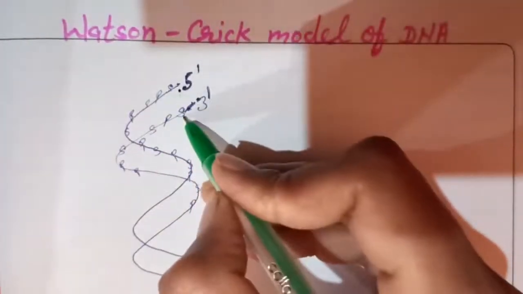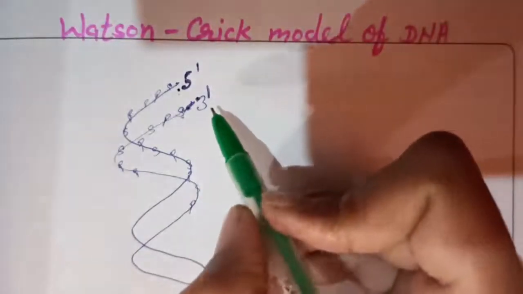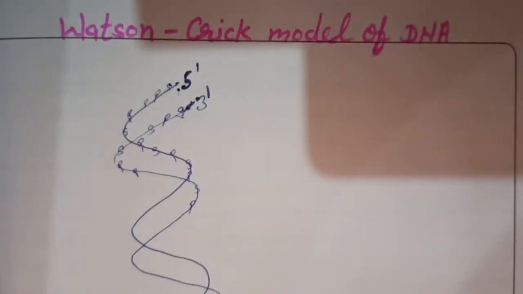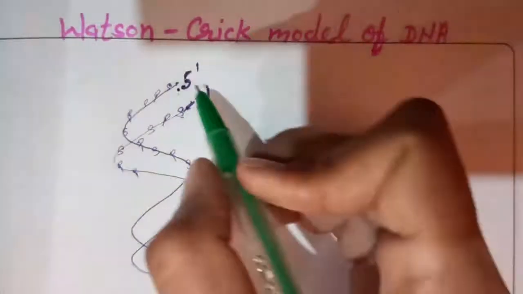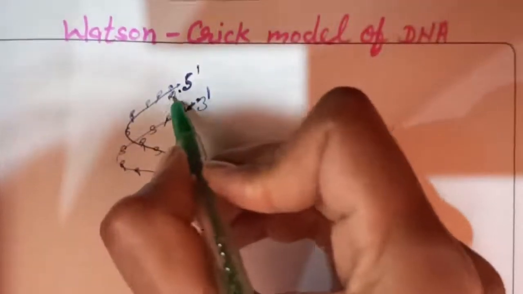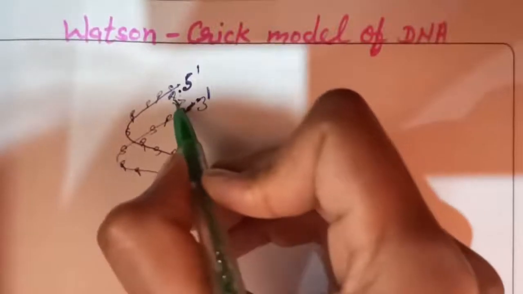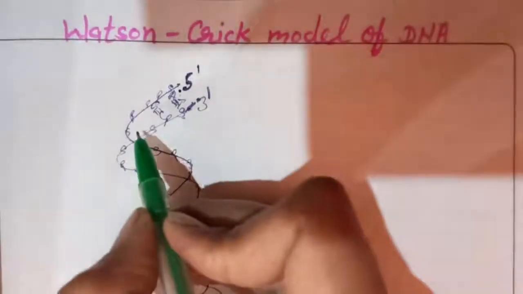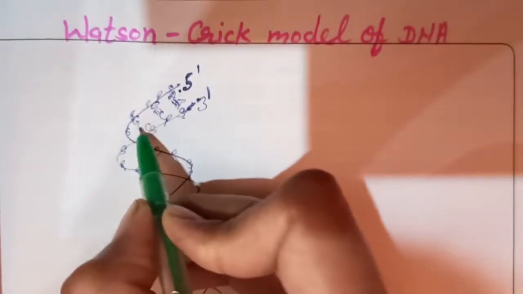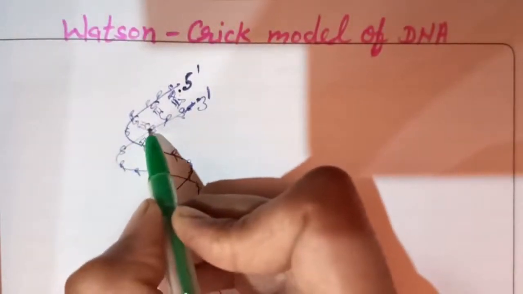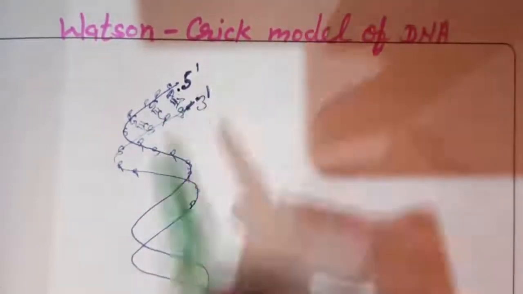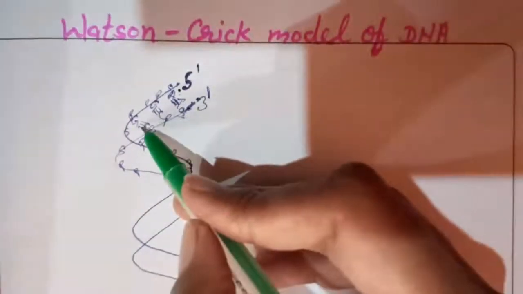So sugar and phosphate are present on the backbone of the polynucleotide chains, and nitrogen bases, which are purines and pyrimidines, adenine, guanine, cytosine, thymine, all these are present on the interior side like this. Adenine and thymine are paired with each other with the double bond. Then you can label guanine, cytosine, which are paired with triple bond. Likewise again you can write guanine, cytosine paired with triple bond. Like this you will make the nitrogen bases on the interior side.